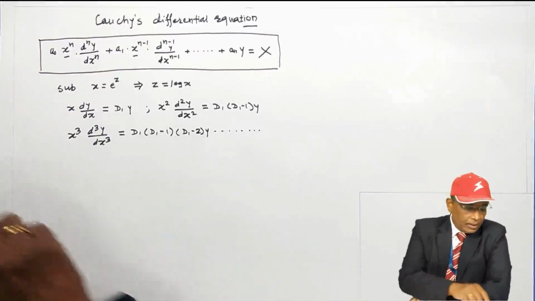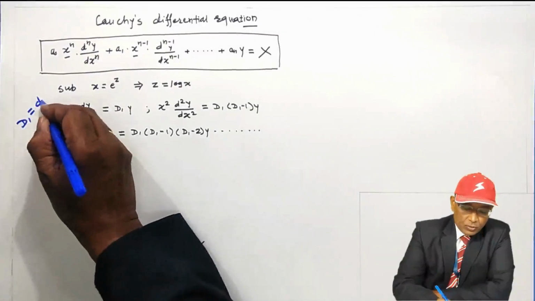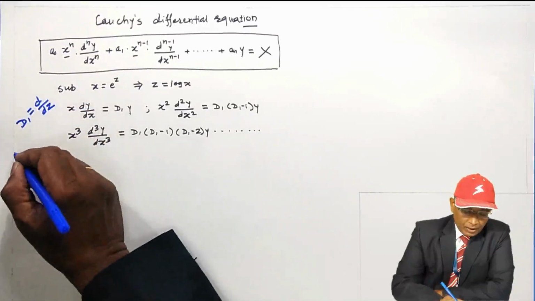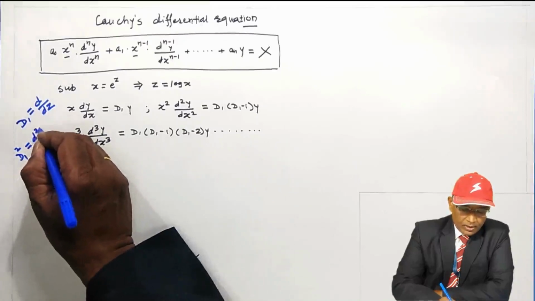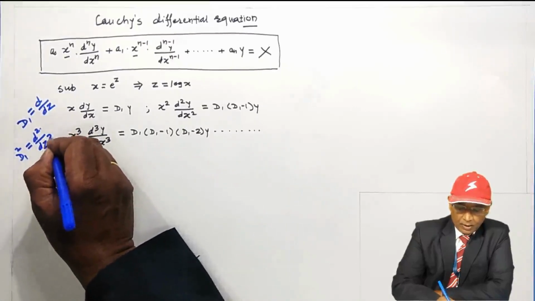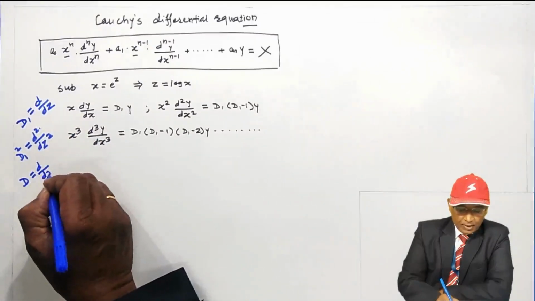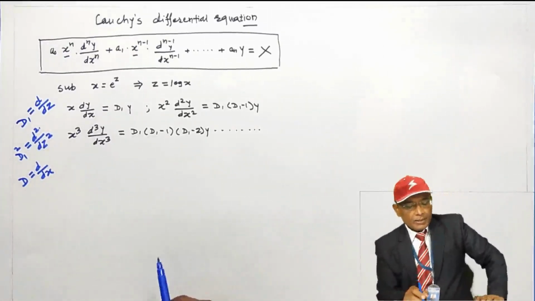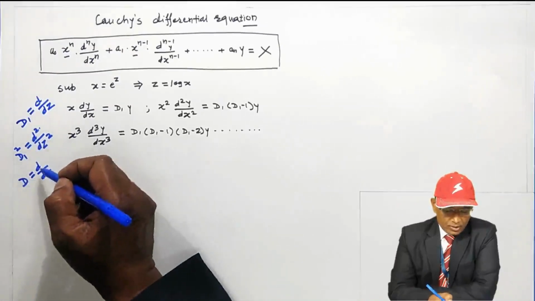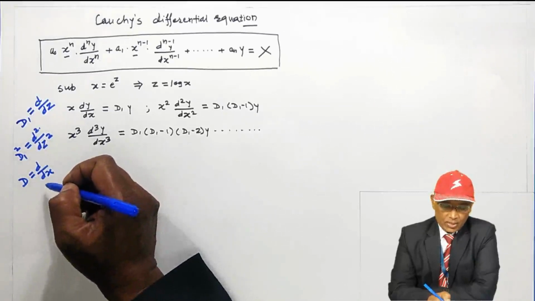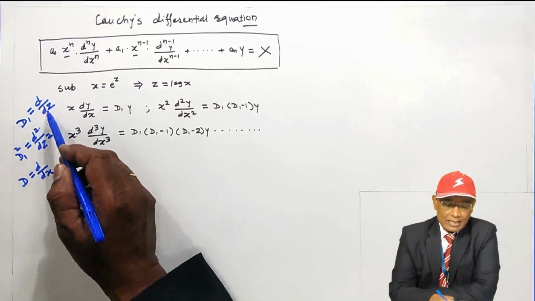So what is D1? D1 is the derivative with respect to z. D1 square is the double derivative with respect to z, and so on. And simply D is the derivative with respect to x. You may denote the derivative with respect to z by D also, but many times we use capital D for the derivative with respect to x. In order to avoid confusion, the derivative with respect to z is denoted by D1.